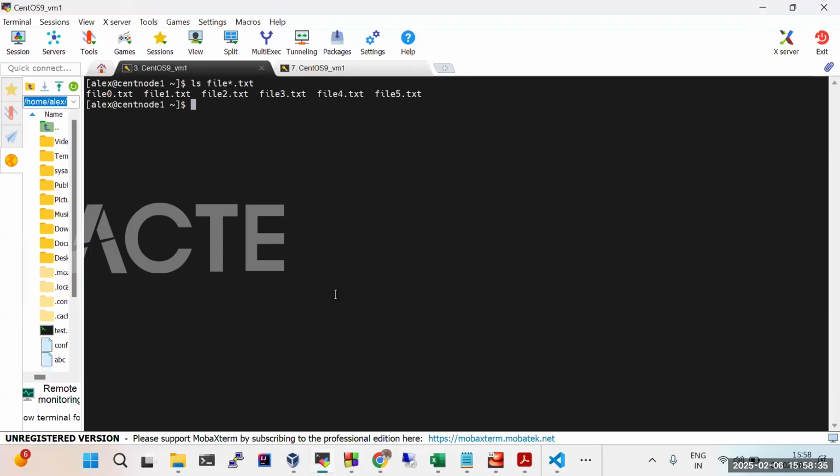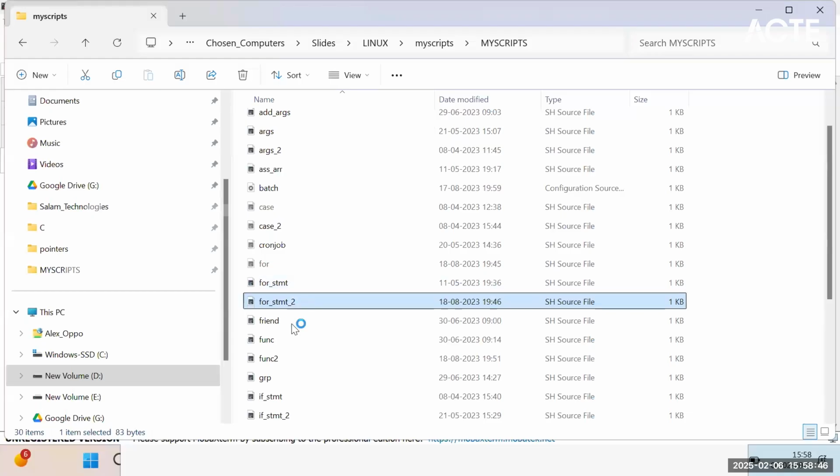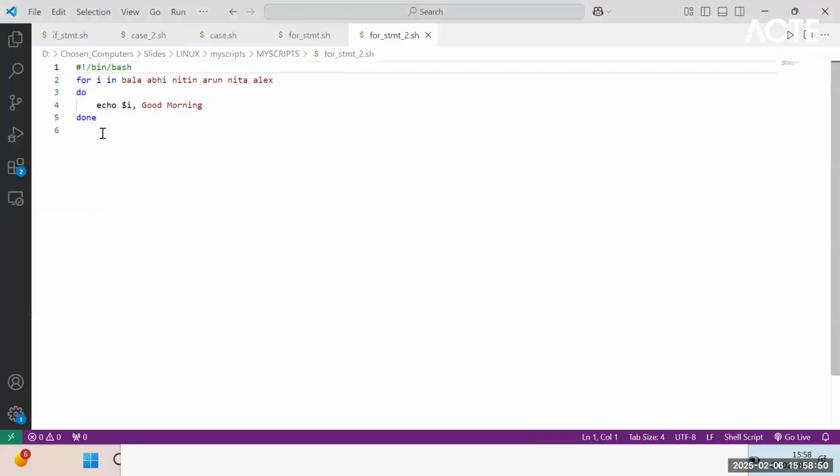Like this we can use. Better. Yeah, so there are multiple other ways we can use the for statements. If we have, say, this is another example. If I run this,